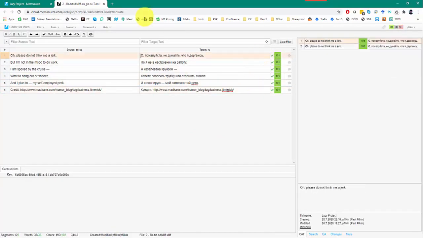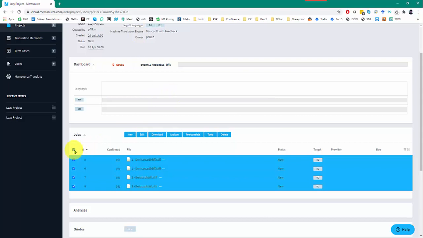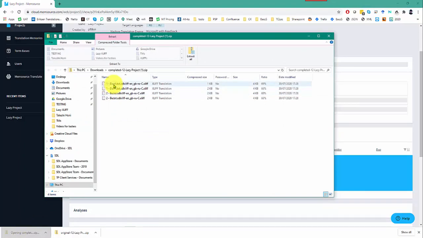Like that. And close that. So that's all my files done, and now if I select them and download the original file, actually, oh no, sorry, that was my mistake. Download the completed file. That makes more sense. So completed, I open the zip, there's my files, so if I just copy them out of there,